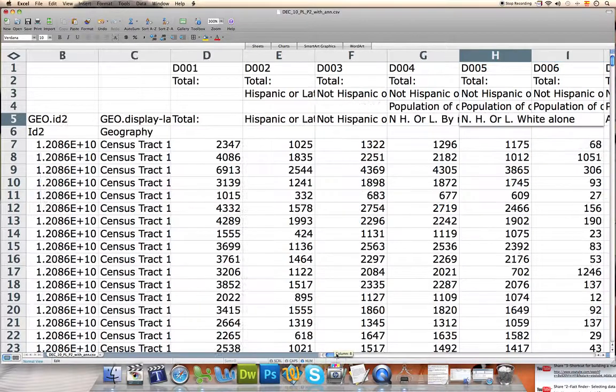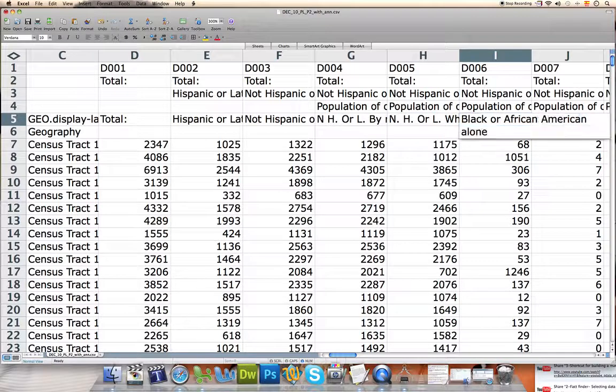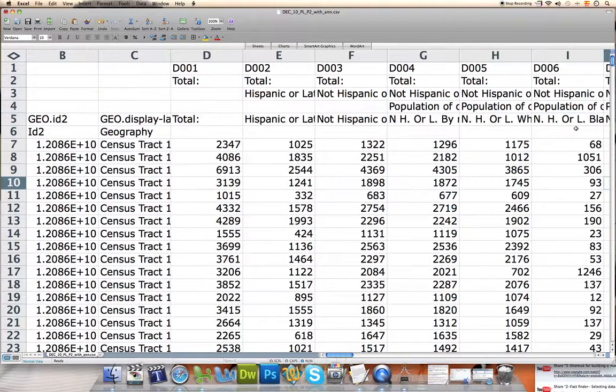I'm going to use white only. I'm going to copy this a little bit here. Right here: not Hispanic or Latino, black only, not Hispanic or Latino, Indian and American Native, and after here,